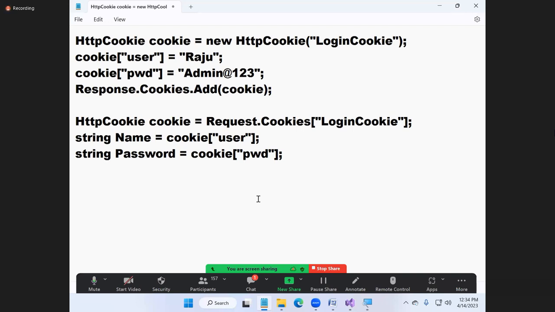Only for today, or can I access it in the future also? Did you understand my question? Is this cookie accessible only now, or is it accessible in the future? Tomorrow, day after tomorrow also, can I access it? No. Cookies are of two types. First one is in-memory cookie. Second one is persistent cookie.